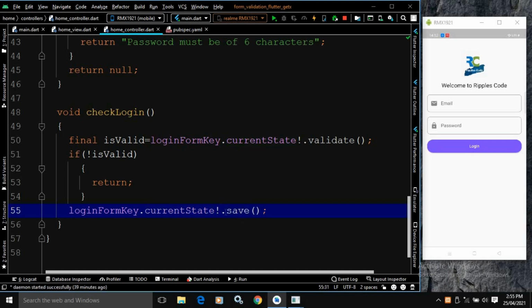Now what this method will do, the save method will assign the form values or the form inputs with the variables which are attached to the inputs. This means the value which we are providing to the email text field will be assigned to the email variable, and the value which we are writing to the password text field will be assigned to the password variable. Okay, that is the functionality of this save method.